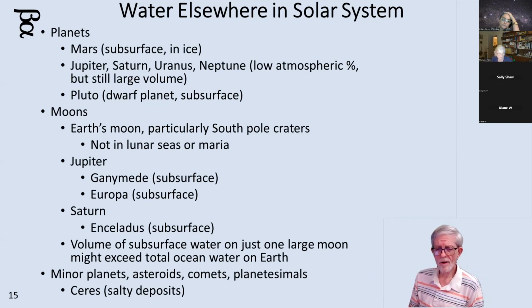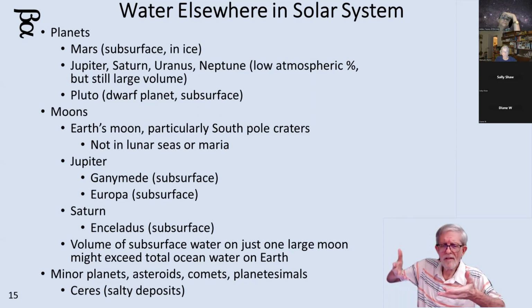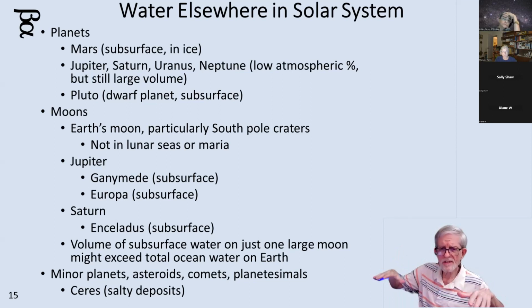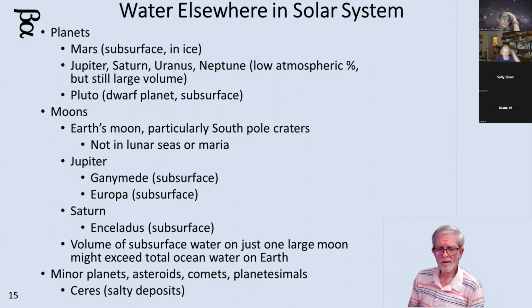And Pluto, as we found out, is a dwarf planet. It's in the Kuiper Belt, but it apparently has subsurface water that, during the season change of Pluto, comes up out of the ground, freezes on the surface, and then creates a compressed layer as they go through another winter season. So we're finding water.